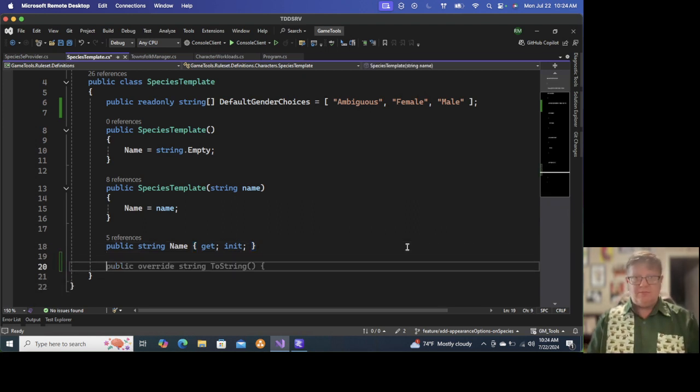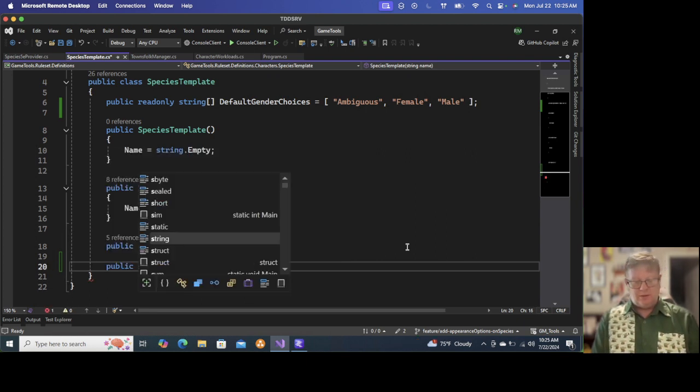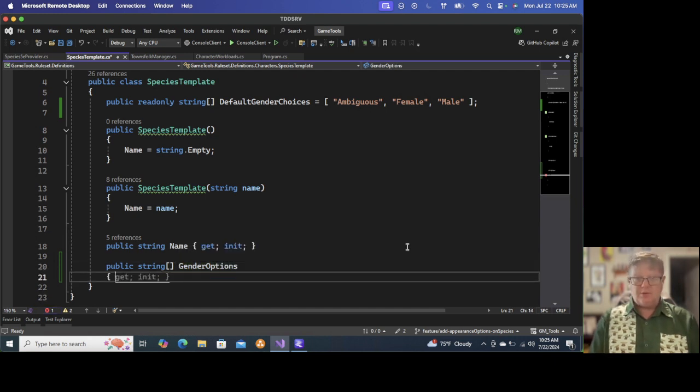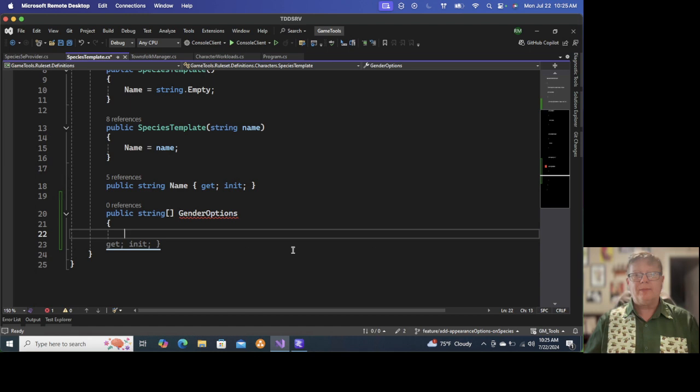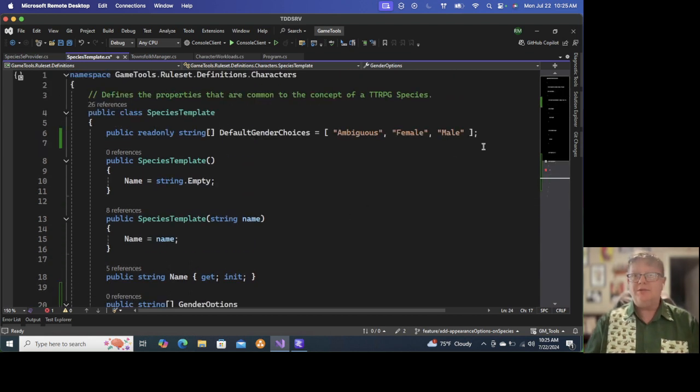And public string array, gender options, and we're not going to return anything yet because